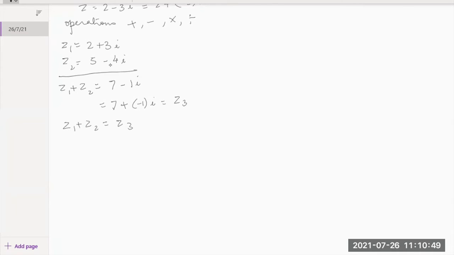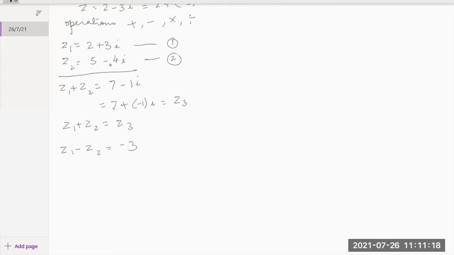Now let's check another one with the minus. Z1 minus Z2. I'm using the same complex numbers again. This is the first complex number, this is the second one. Now, again, in algebra, how do you do the subtraction? You do it again with the help of the minus, like columns. Here also the same thing. And you change the signs of the lower one. So therefore, 2 minus 5 will give me minus 3.